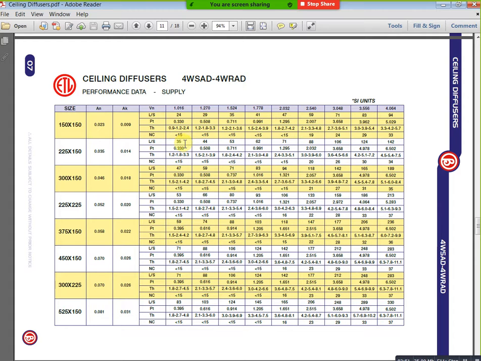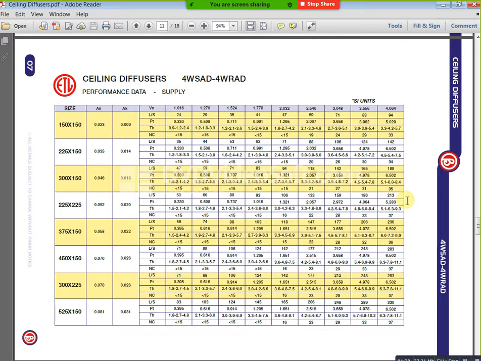For example, where is our liter per second? Based on that you can select your air terminal. Here you will get your liter per second. At the same time PT, pressure: if you know pressure, you can select based on pressure and liter per second, the two values. For example, you need a 150 by 150 diffuser. That diffuser how much? Up to 94 liter per second applicable, 150 by 150. For example, you take 225 by 150, up to 142. For example, you need 225 by 225, that is up to 213 liter per second.